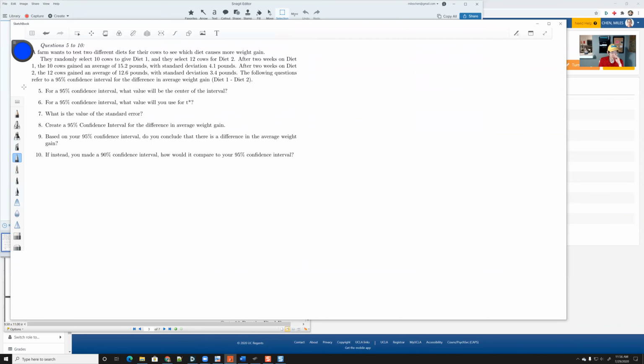All right, so here it says a farm wants to test 2 different diets for their cows to see which diet causes more weight gain. They randomly select 10 cows to give diet 1, and 12 cows for diet 2. After 2 weeks on diet 1, the 10 cows gained an average of 15.2 with a standard deviation of 4.1. After 2 weeks on diet 2, the 12 cows gained an average of 12.6 with a standard deviation of 3.4. The following questions refer to a 95% confidence interval for the difference in average weight gain, diet 1 versus diet 2. Okay, so